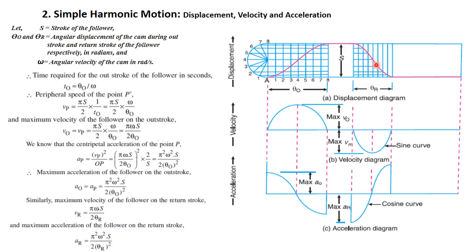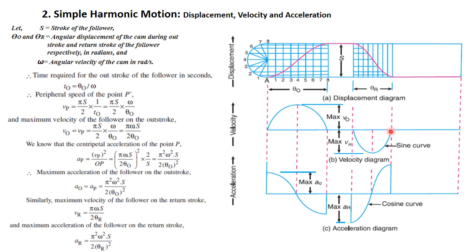In a similar fashion, we have drawn here the path followed by the follower, and this is the displacement curve. This gives us the displacement curve. From this displacement curve, again we find that when we take another circle on this side, then when point 8 moves to 4 again, it reaches the maximum velocity here, and the velocity decreases when it reaches its dwell position or base circle, what we can say.